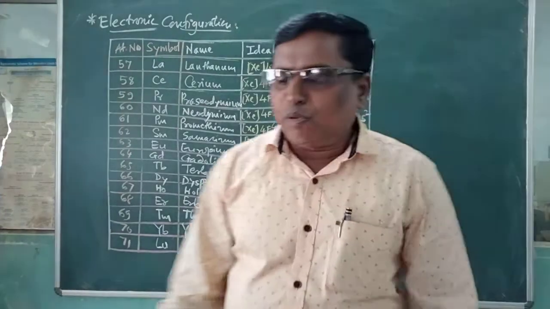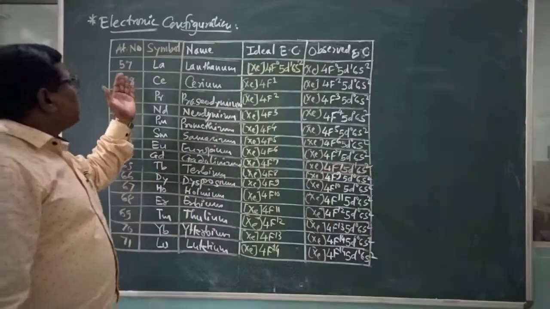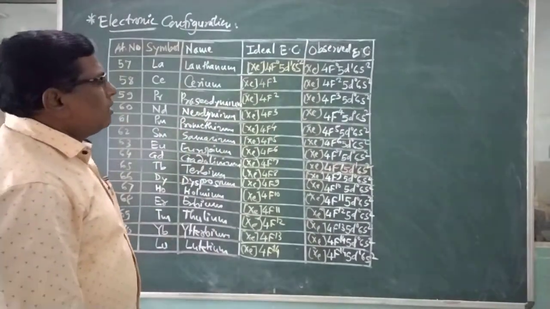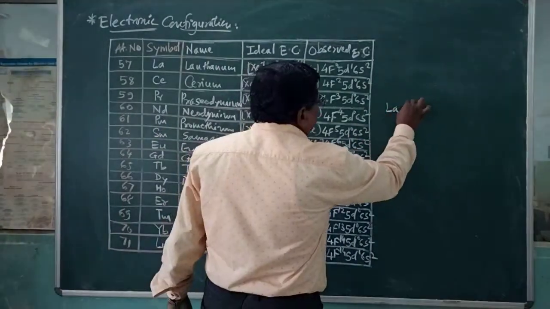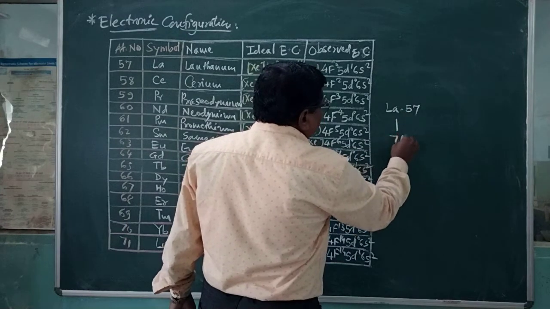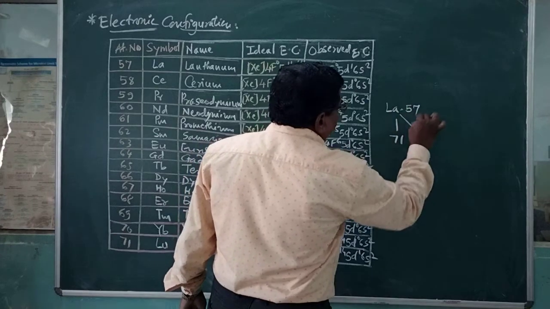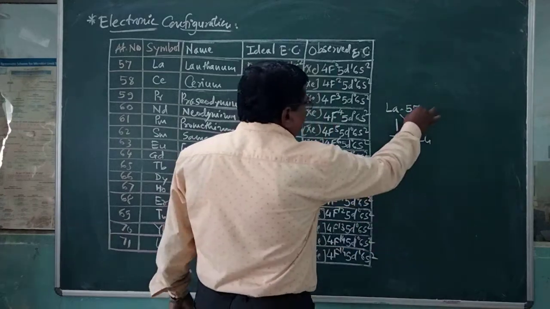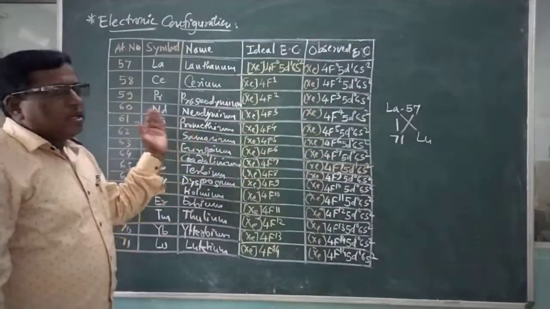Now this is the next point, that is the electronic configuration of the lanthanides. When we take the lanthanides, the elements start from lanthanum, having atomic number 57, to lutetium, having atomic number 71. Here from lanthanum to lutetium, atomic numbers 57 to 71, all the elements have been taken